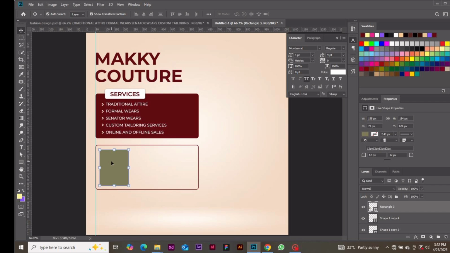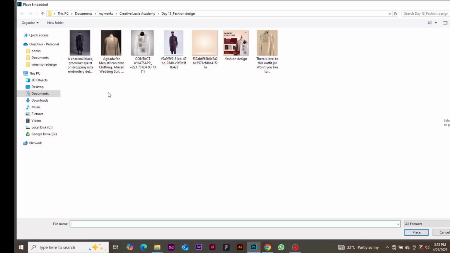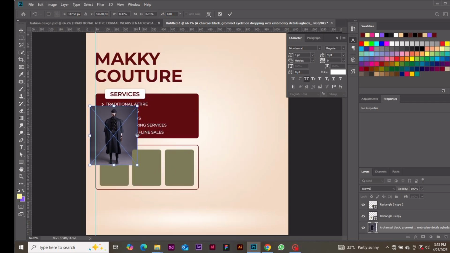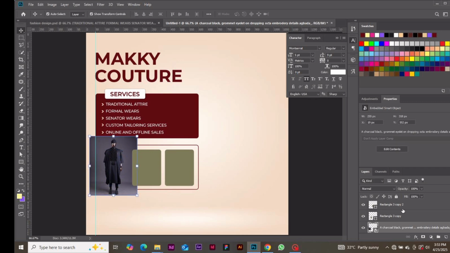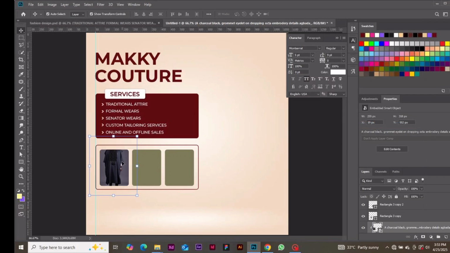So we've positioned it. Then the next thing we can do is click Ctrl J, move, hold down Shift so that it will be on the same place. You move it a little bit, you click Ctrl J and then you move the last design and make sure you hold down your shift key so that they are well aligned. Now what you can do is you click on the first rectangle, you go to your file, place embedded, and we are going to place the first cloth that we want to be in the design. So we are going to double click on this and it will come in. So you don't need to hold down shift, you just drag and reduce the size, position it, click enter, then come to the layer panel, right click the image and click clipping mask, and the cloth is going to clip into the image. So all you need to do is to position the image well,